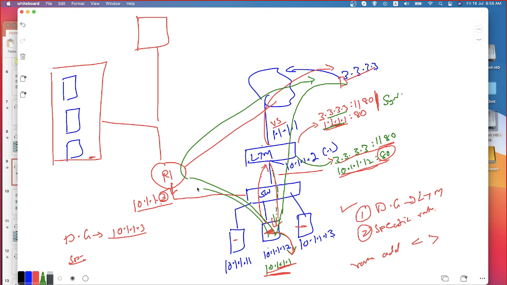Now the traffic is coming here. If the packet is going out, either you will be translating the source IP address to a different IP or you are not translating at all. In either case, 3.3.3.3 is receiving a SYN-ACK from a different IP address other than the one to which I have sent the request. You got the point?